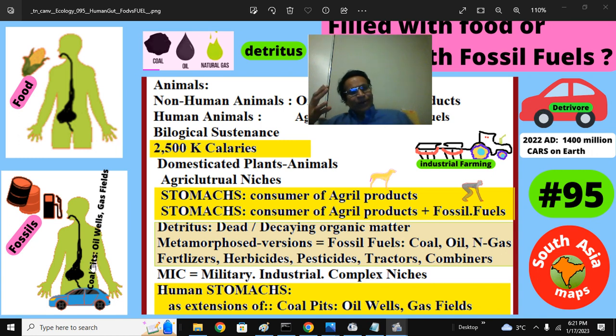If you extend broadly, humans have legs, you walk like 10 kilometers, you run like that. That means you have a certain amount of transportation. And if you have a horse or bullock cart, you feed the fodder to them, you have some more transportation. Think like you have very big legs, like prosthetic organs on which you run 100 kilometers per hour. That is nothing but a car. This is the prosthetic entity of a human body manufactured from detritus, runs on detritus every day.